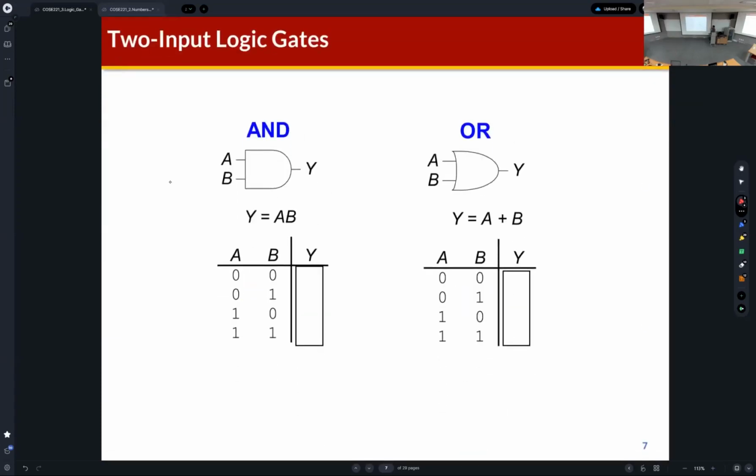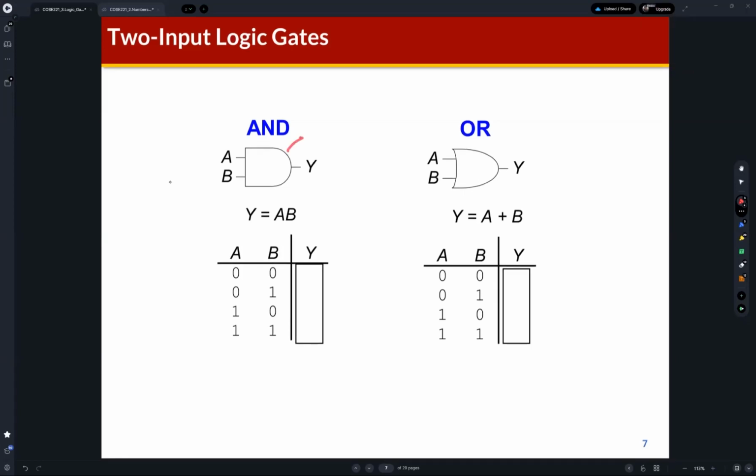And again, these are two-input logic gates. The AND gate has two input bits, A and B. Also, the OR gate has two input bits. So this is the symbol of an AND gate, and this is the symbol of an OR gate. Actually, the difference is between this one and this one. The AND gate and OR gate receive two inputs and then generate one bit output